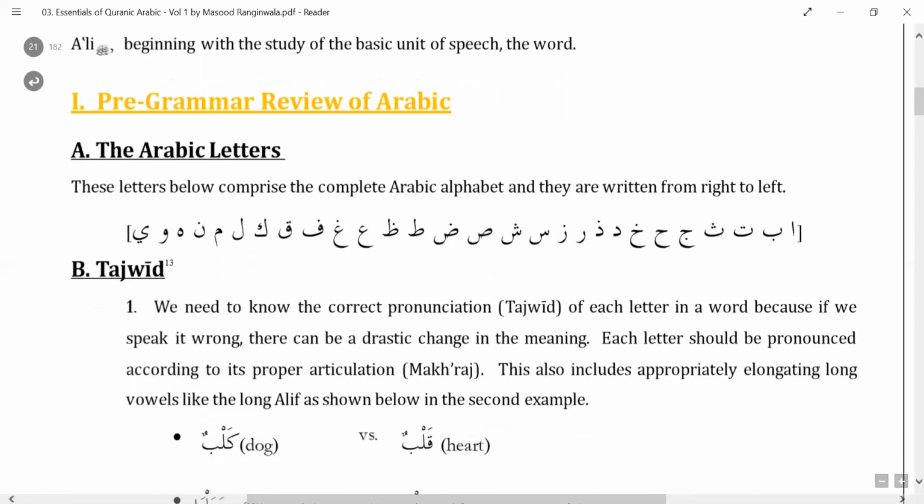Now, each of these alphabets is very unique. It has a different sound. None of these is similar. For example, Sad and Seen are completely different. Now, why we need to know that is because